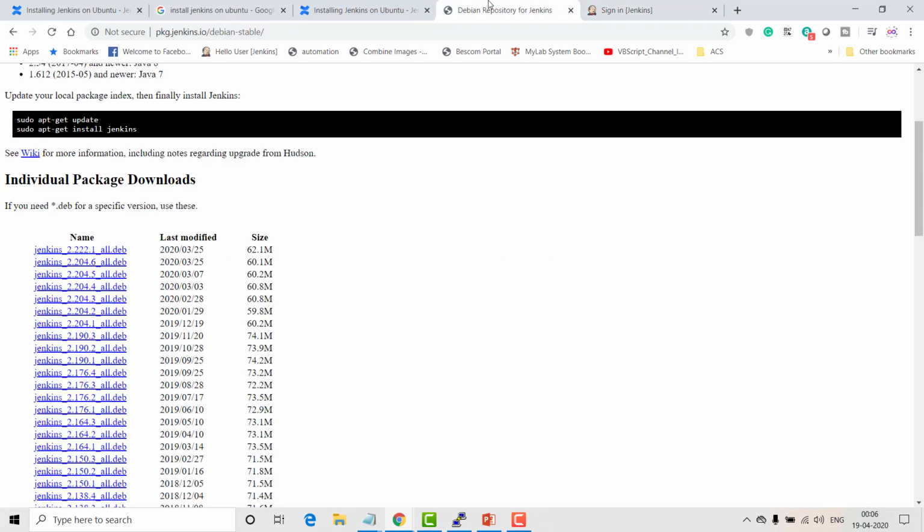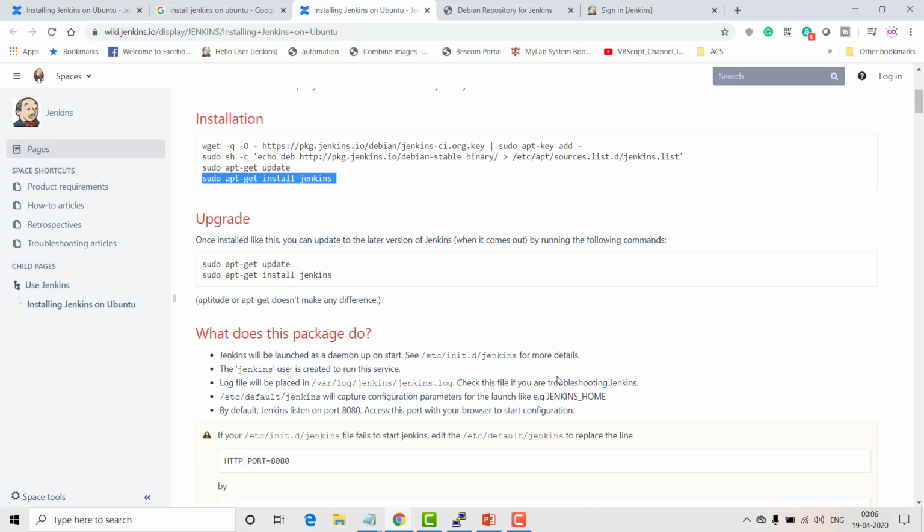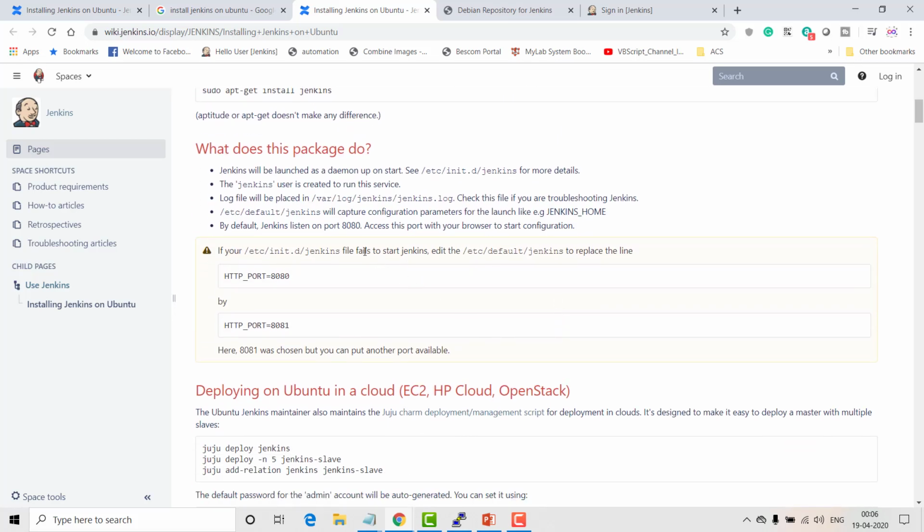Sometimes what will happen, as it is also written in the document, is that if your Jenkins fails to start, the only chance is that port 8080, which is currently assigned to Jenkins, was already assigned to some other application. For example, Nginx also uses 8080 by default.